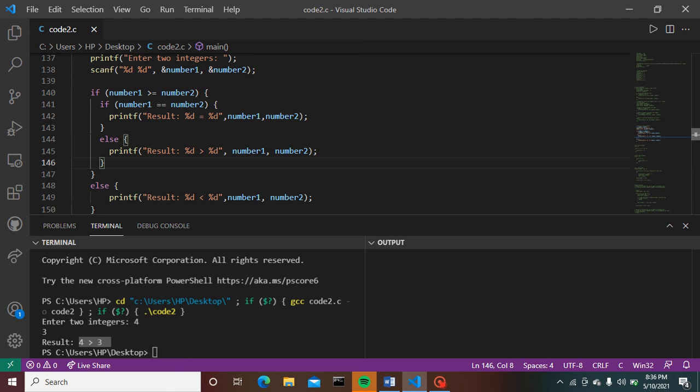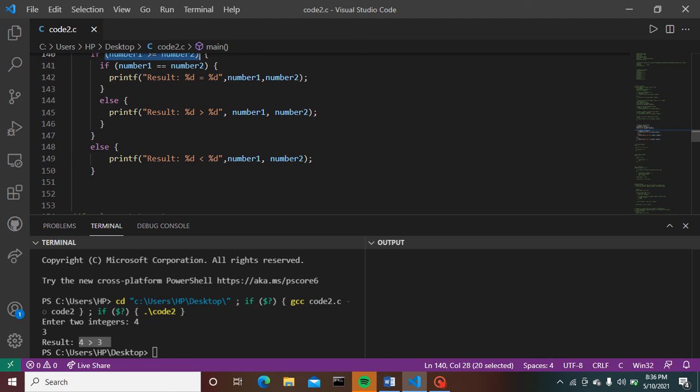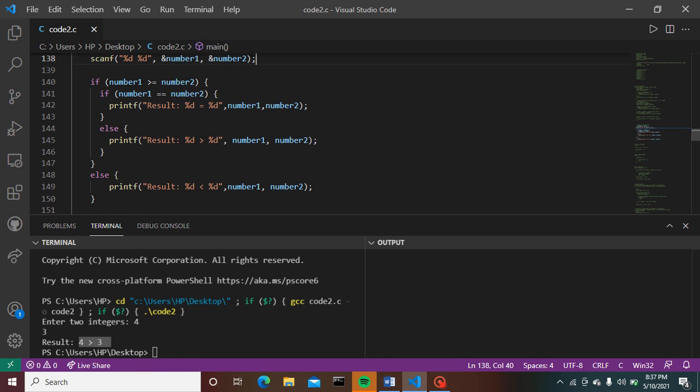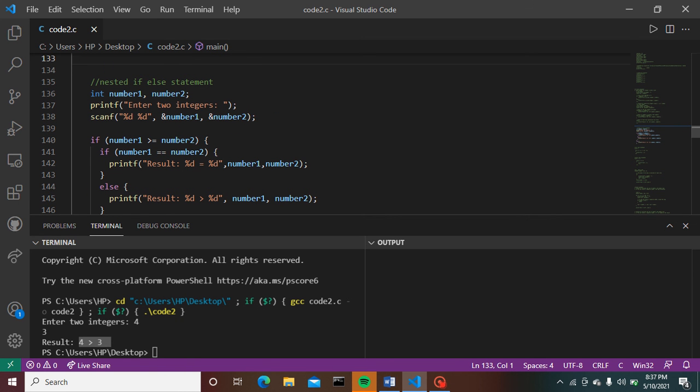That's how the proceeding is done. And for this if statement, we also made an else statement where if number 1 greater than or equal to number 2 becomes false, the respective output for else will be provided as the given statement in the printf. This is how the program runs. These are basics that I have provided here so that a student can learn better from the start.